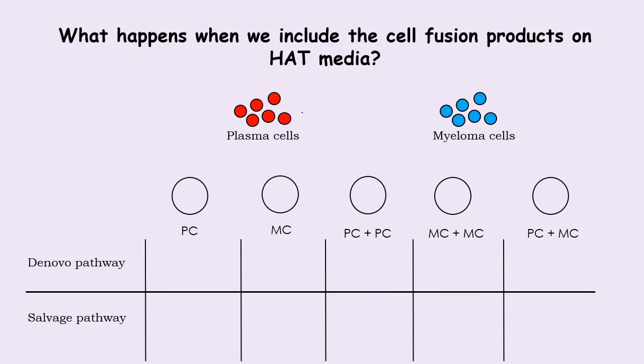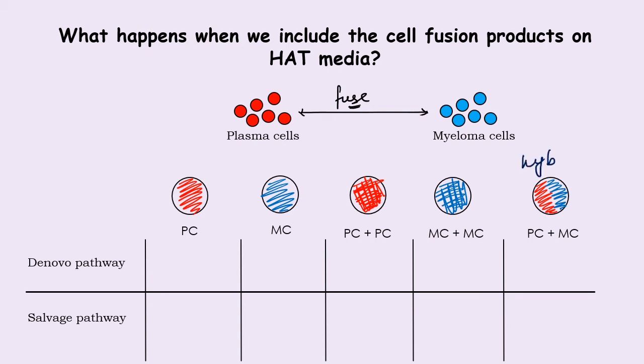So we already discussed that when we fuse plasma cell and the myeloma cell, it is not 100% fusion, only 1% of cells get fused. So basically we isolate 5 different categories of cells. There will be some plasma cells that will not fuse. There will be some plasma cells that will fuse to other plasma cells only. Okay. There will be some myeloma cells that will not fuse at all. There will be some myeloma cells that will fuse to another myeloma cell. And then there will be some plasma cells that will fuse to myeloma cells. Okay. This fifth category are the hybridoma cells.